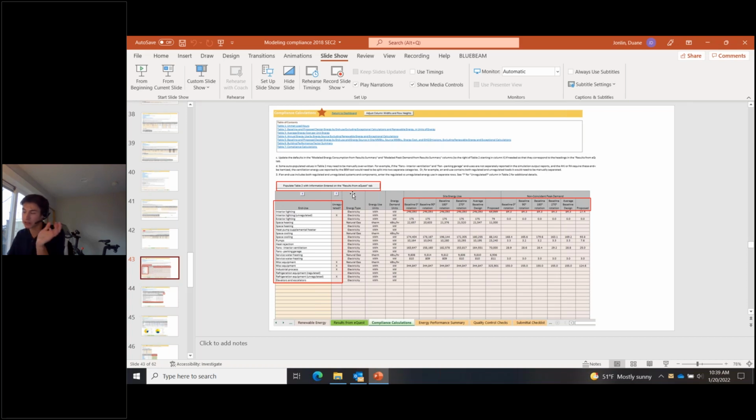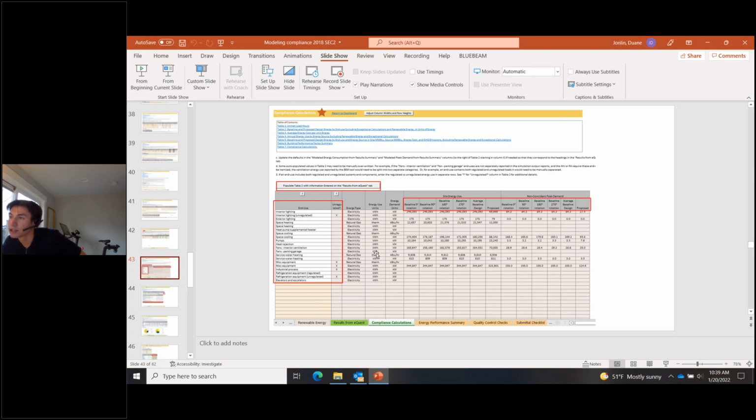So if you are not using eQuest or one of the other supported energy modeling softwares, you have to put your energy model output report results manually into this table. How the table is set up, if you do need to do that, you have your end uses along the left, whether or not they're regulated or unregulated. And for the compliance calculation for 90.1, this is a very important column. We're only claiming savings on regulated loads. So make sure this is in alignment with what 90.1 is recommending.